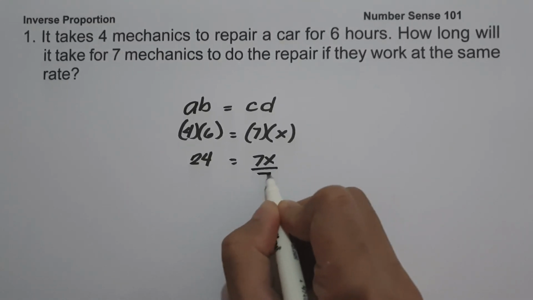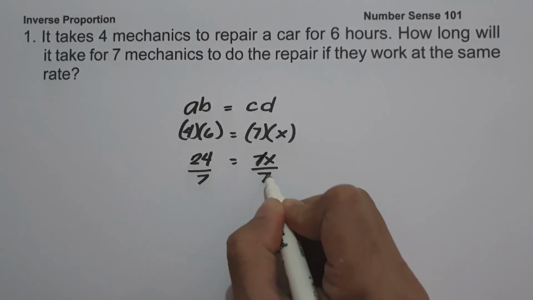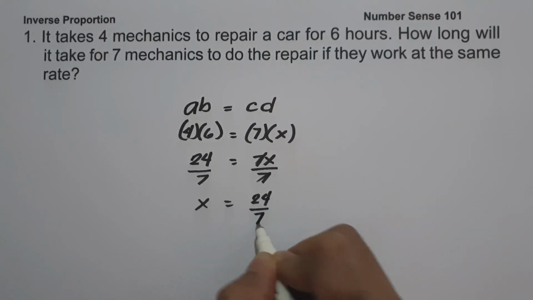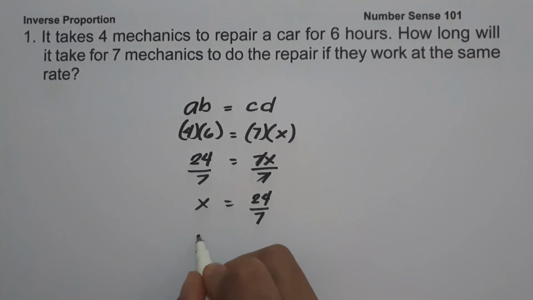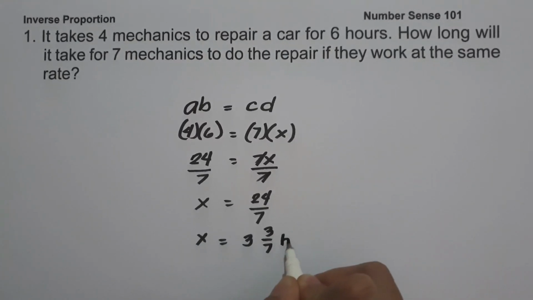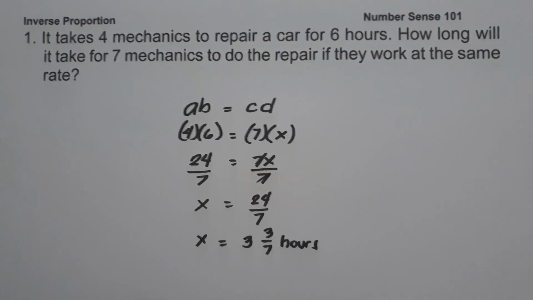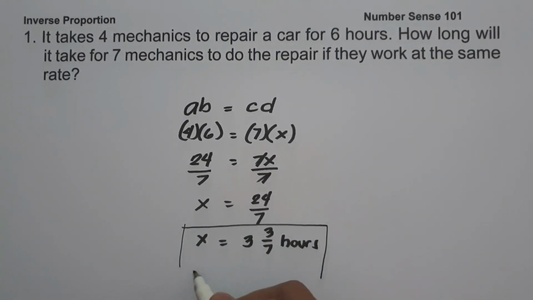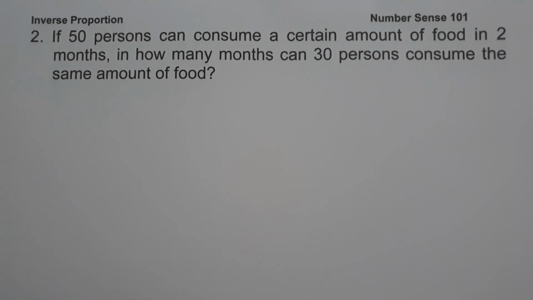Let us divide both sides by 7. Let us cancel this one. So X equals 24 over 7. If you are going to divide this one, we are going to have 3 and 3 over 7 hours. Therefore, the 7 mechanics will finish the repair in 3 and 3 over 7 hours, and this will be our answer. On example number 2, if 50 persons can consume a certain amount of food in 2 months, in